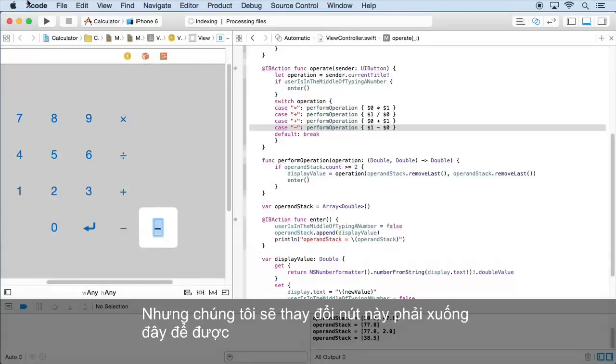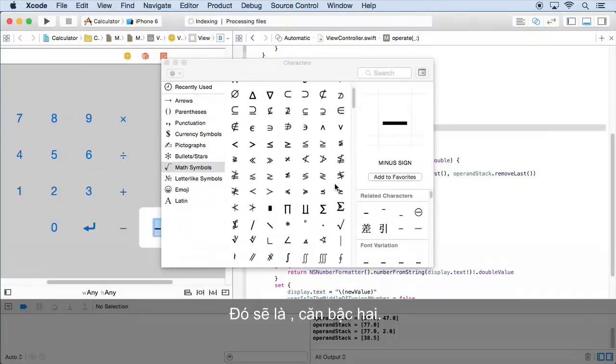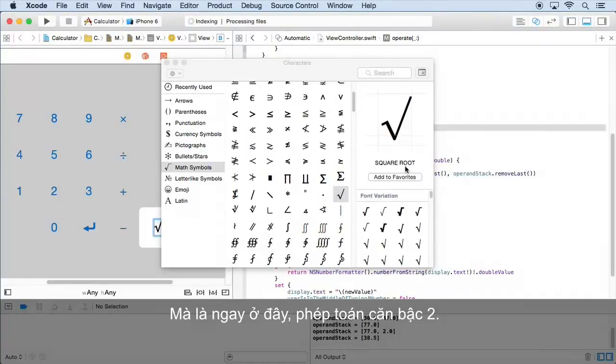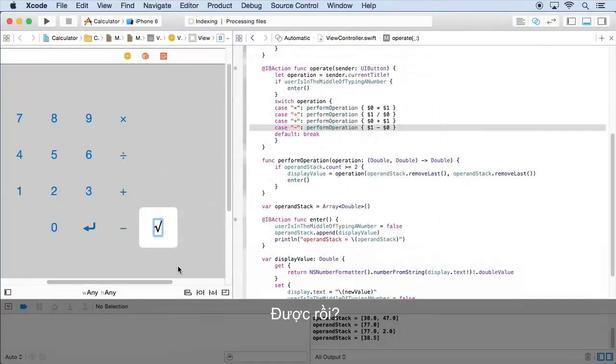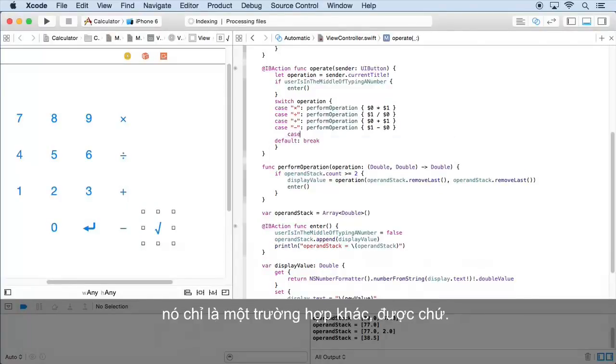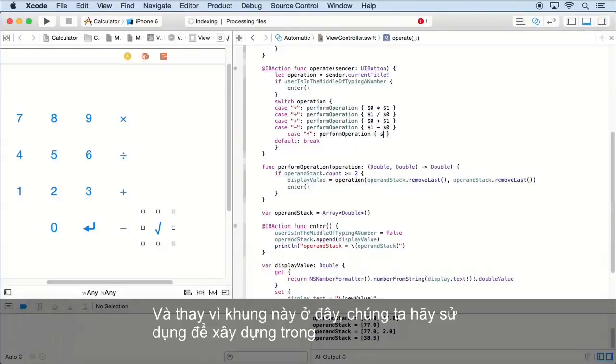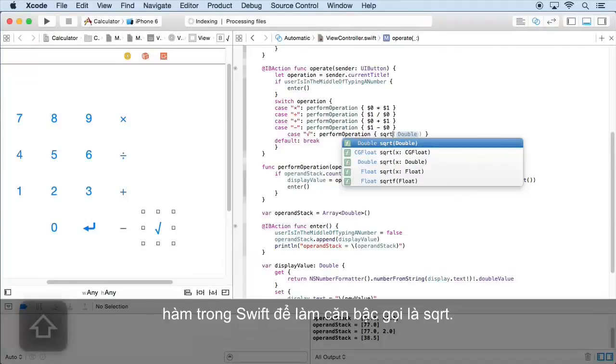But we're going to change this button right down here to be a different operator, which is going to be square root, which is right here. It's the square root operator. All right. And so I'm going to go back here to do square root, and it's just another case, right? Case square root. And maybe I should just be able to use this same mechanism, right? Let's see if that works. Paste that in there. And instead of this subtraction here, let's use the built-in function in Swift to do square root